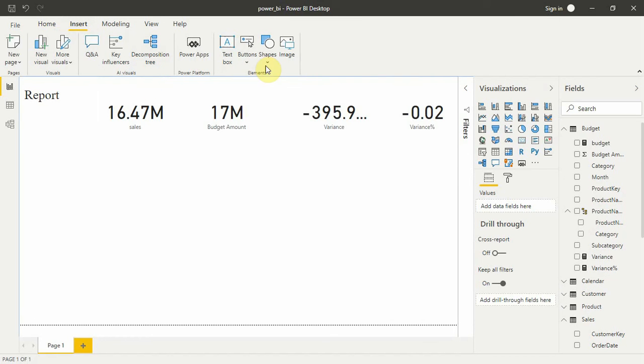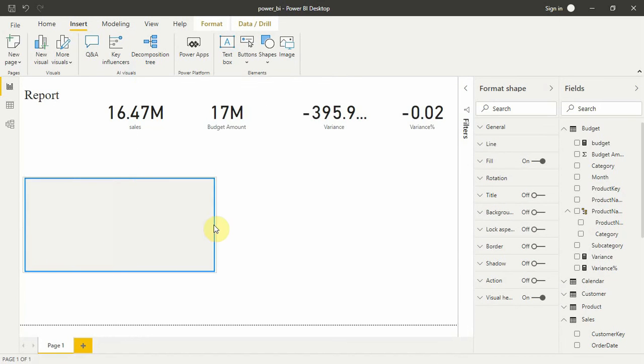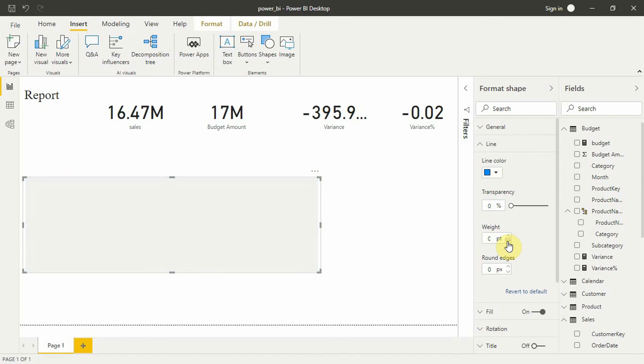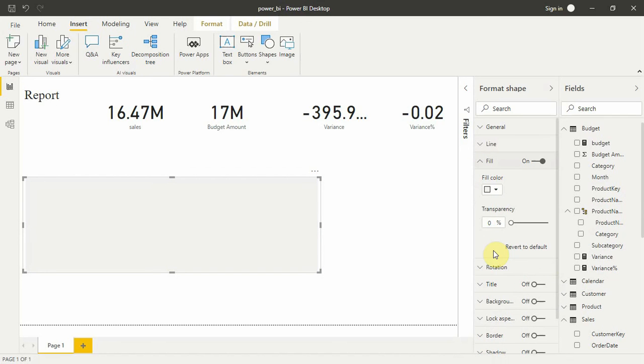Perfect, perfect. So now let's take a rectangle element. Okay, let's take a rectangle element from shapes. Let's increase its size, and let's go to line, put its weight to 0. Alright, and let's now go to fill color, and let's fill a very light color here.